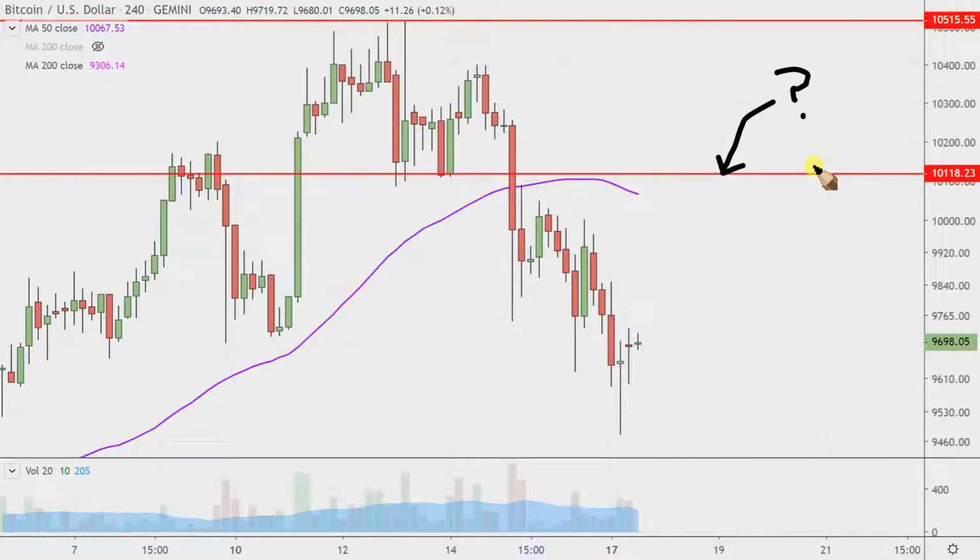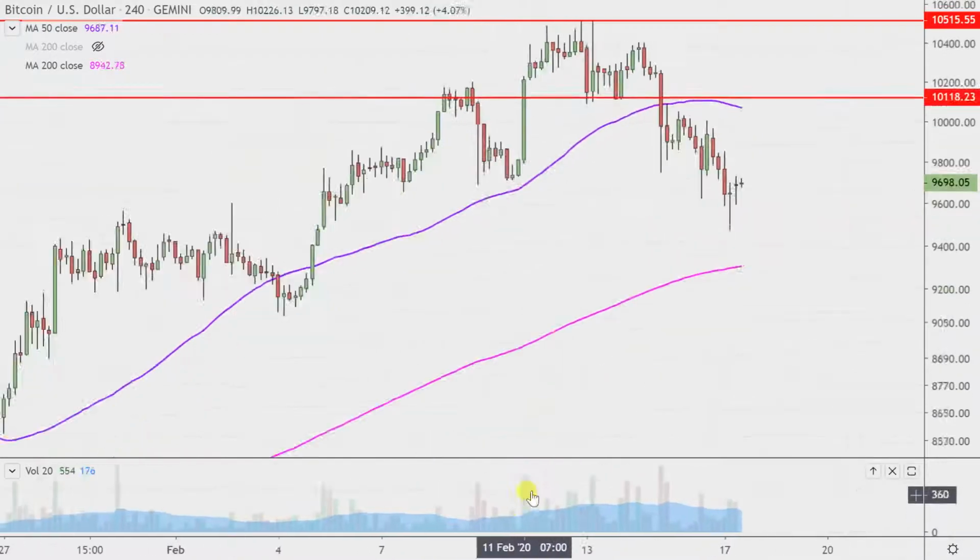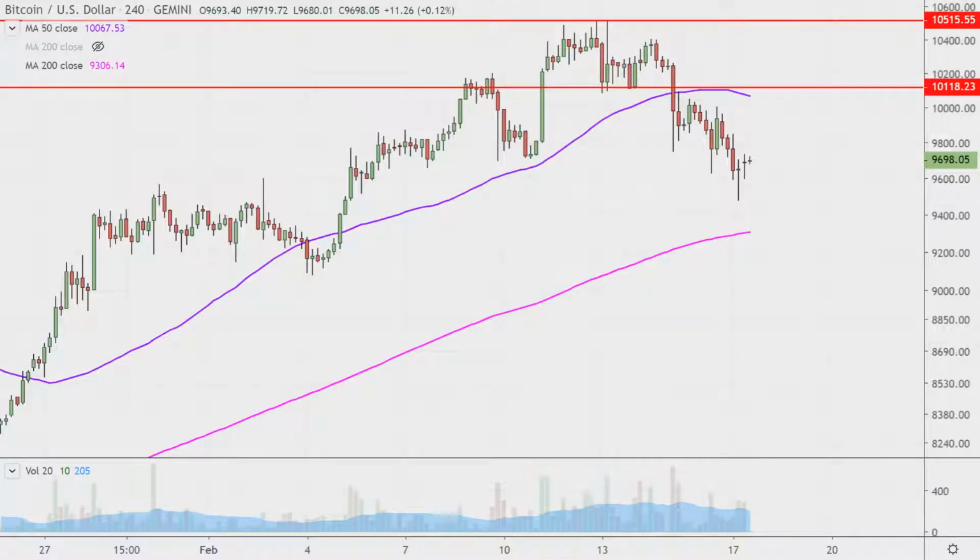But if you are answering that the price is up above 10,120, well, that'd be telling you that this pullback has not only stopped pulling back, but the price has actually shown enough strength to get all the way back up there. But again, not the end of the world if the price is still down below 10,120. If the price is down below that level, then the next question you'd want to ask yourself is